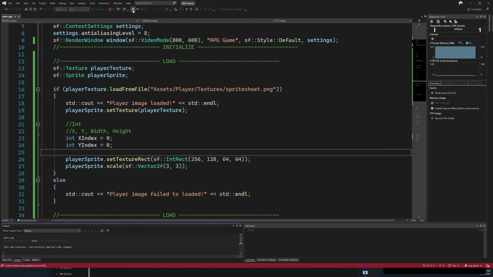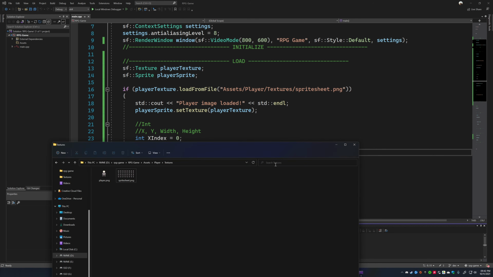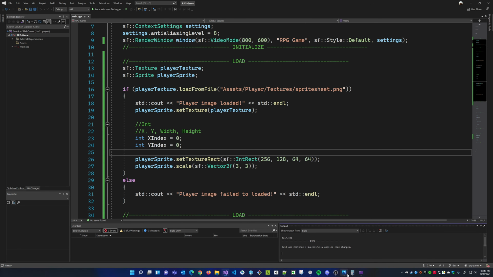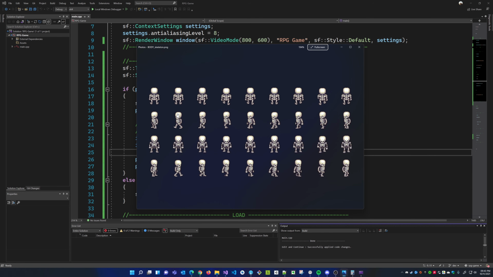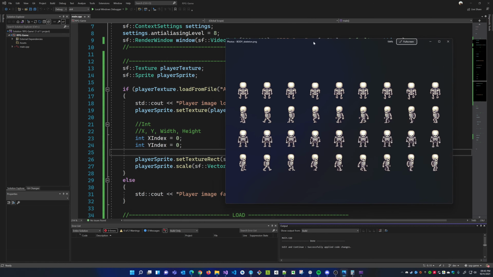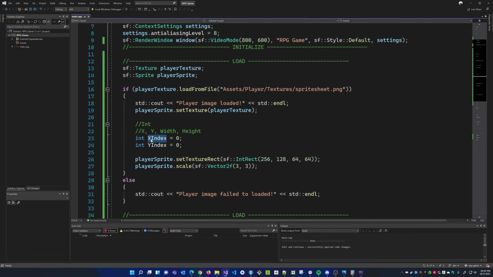Okay, so what's an index? An index is basically a number that starts from 0. So an index is just a number, like a count. But rather than starting from 1, an index starts from 0. So we say 0, 1, 2, 3, 4, 5, 6. We don't say 1, 2, 3. We do 0, 1, 2. So that's what an index is. It's just a number. Okay?